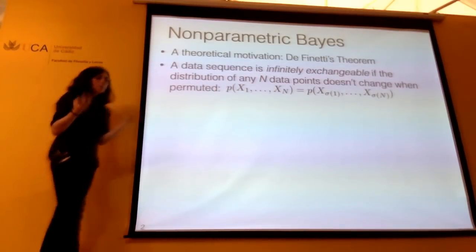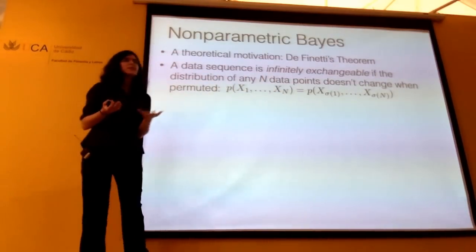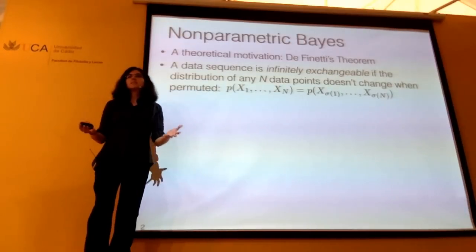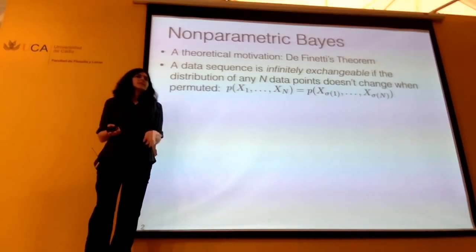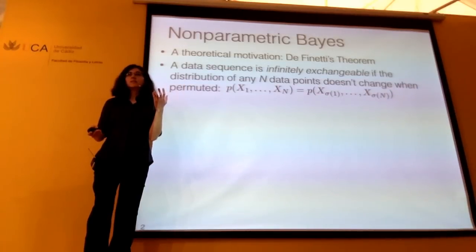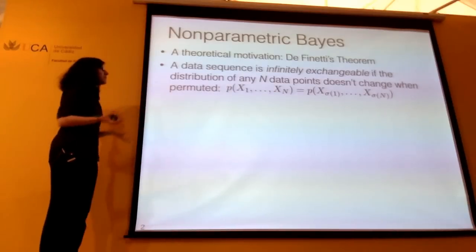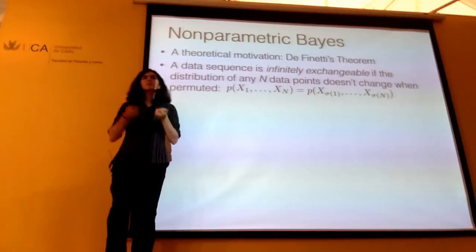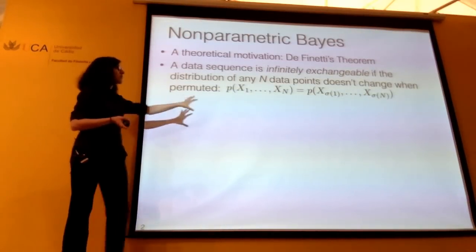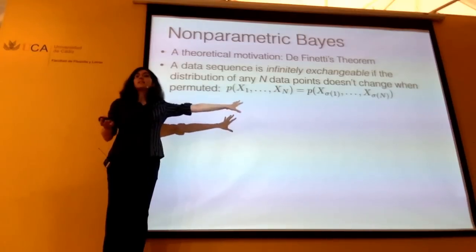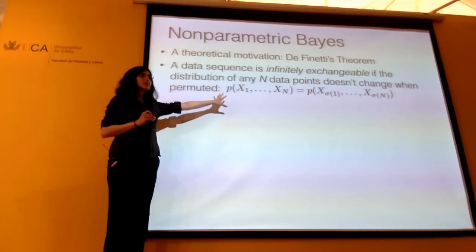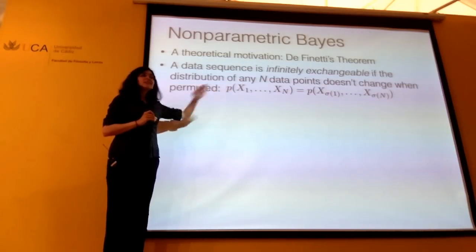And somehow this represents some kind of intuitive notion we have about data. If I run my machine learning statistics analysis on Wikipedia documents, I don't think it should really matter if I scrape them in one particular order versus another. You can also think of this as fundamental to science: I don't think that if I did my experiment tomorrow instead of today, it should really change things. And I'll just note that this is a much weaker assumption than independence and identical distribution. If I have IID data, then it will be infinitely exchangeable. But if I have infinitely exchangeable data, it need not be IID.